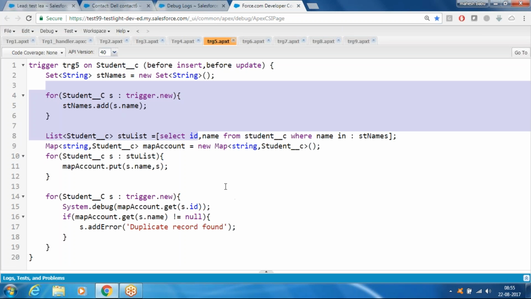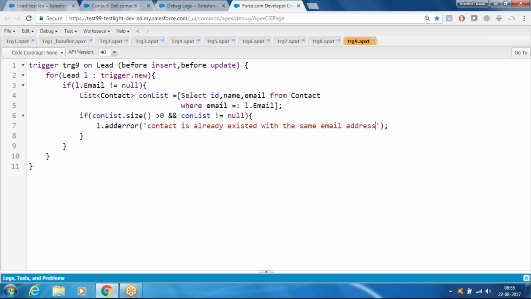Yeah, in this example, in yesterday's class, you have to take all the email addresses in a separate set, and then based on the set of email addresses, you can query the contacts, and then you can take a map with the string and contacts, and put the email address along with the contact record in a map, and then get that record by using the email address,